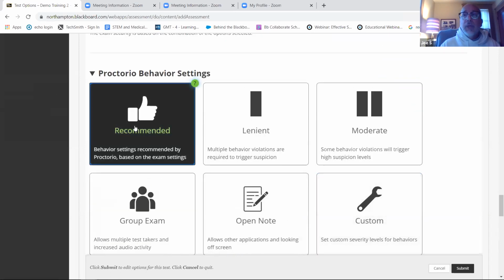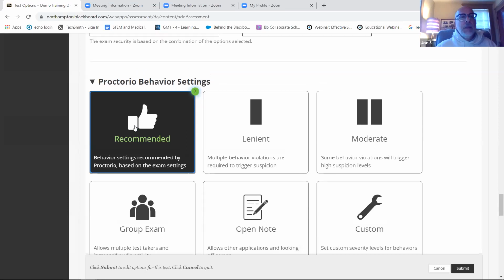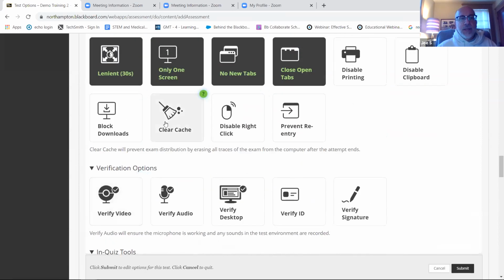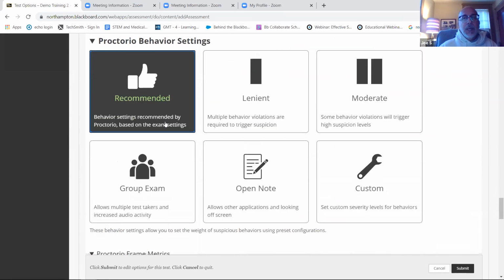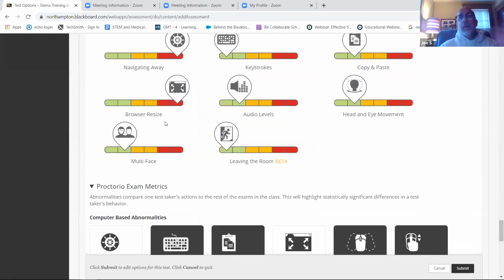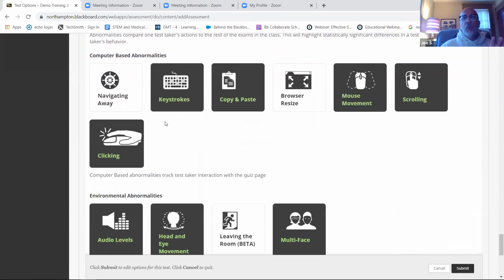Now, the reason why I'm telling you that it doesn't matter as much here is if a setting that you check here with your behavior is either too light or too strong, you can change it on the backside as you're looking at the results, okay? You can't change any of these settings later on or while the exam has been taken by somebody. When the exam is deployed and has actually been taken by somebody, you can no longer change any Proctorio settings. And you shouldn't change any Blackboard settings either. You might be able to go in and add an availability exception and possibly change a due date and things like that, but be careful what you change. Don't change that test name.